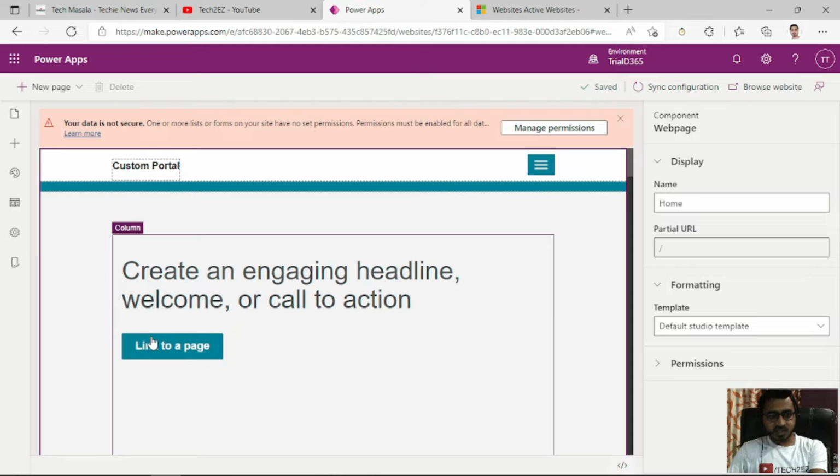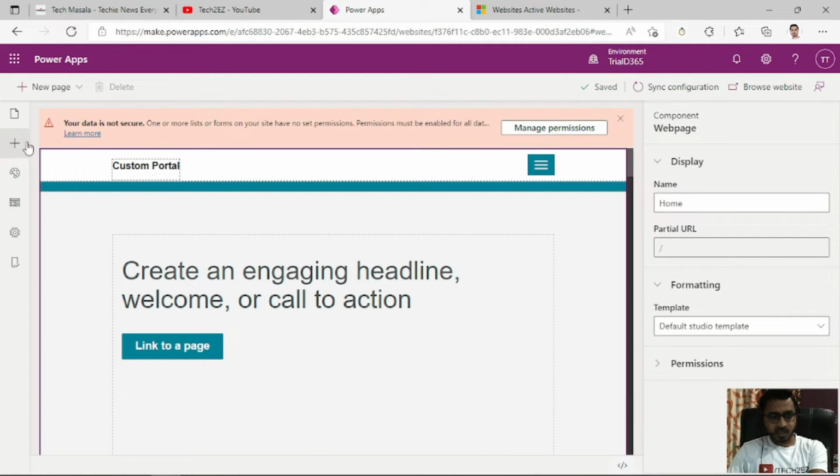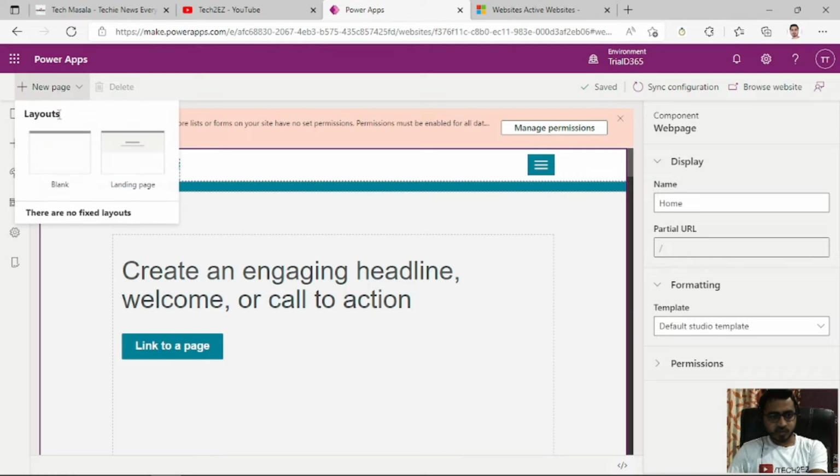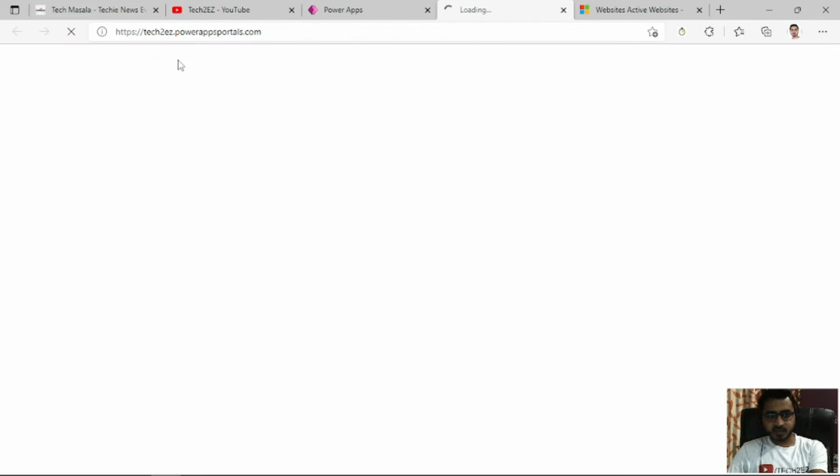Here we have some options on the left side. You can see we have options for adding pages and navigation. Here you can add some components. Here is the theme management, and this is for page templates. So you can manage things from here. On the left side you can also create a new page, and on the right side you can see this is the save button, this is the sync configuration button, and this is browse website. After creating your website, when you click on browse website, it will open the website you created. As you can see,